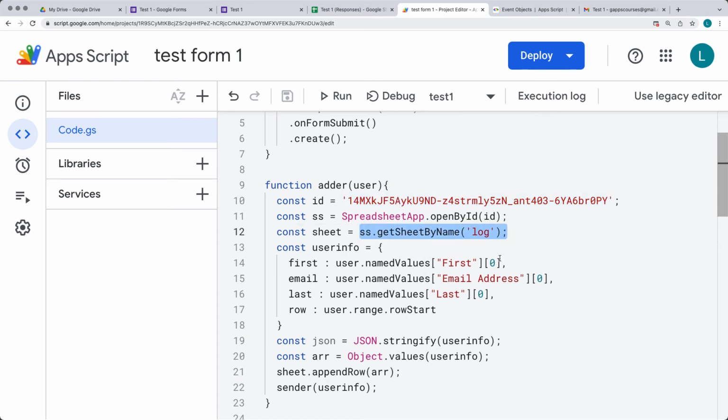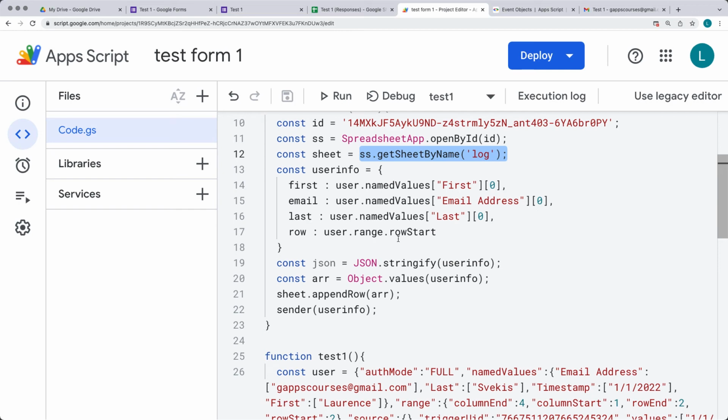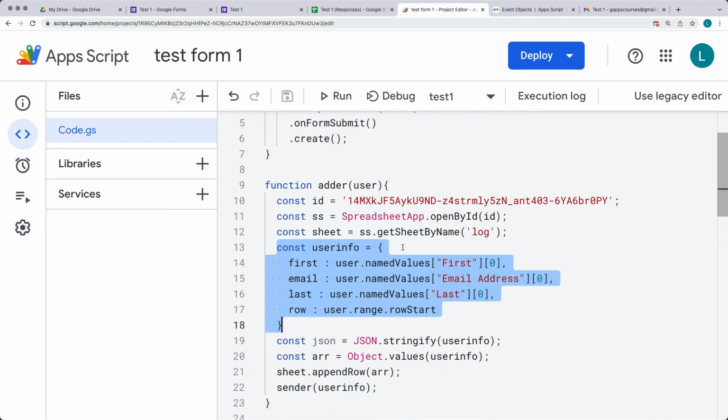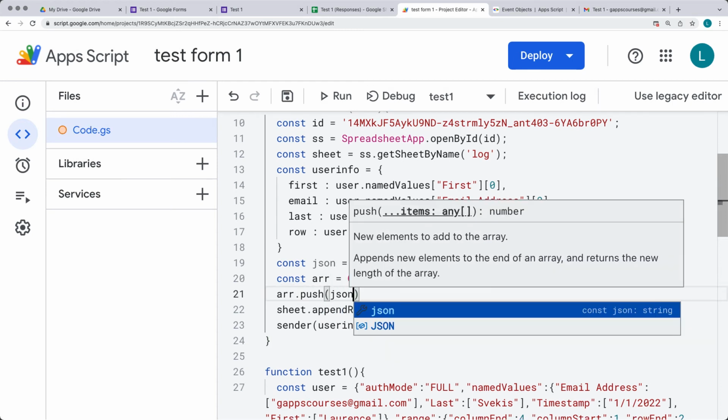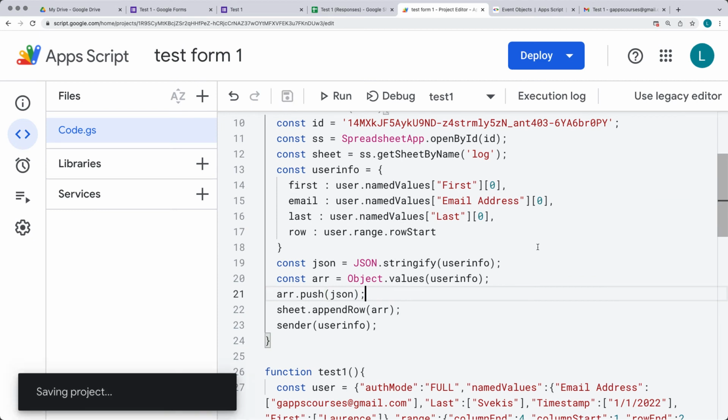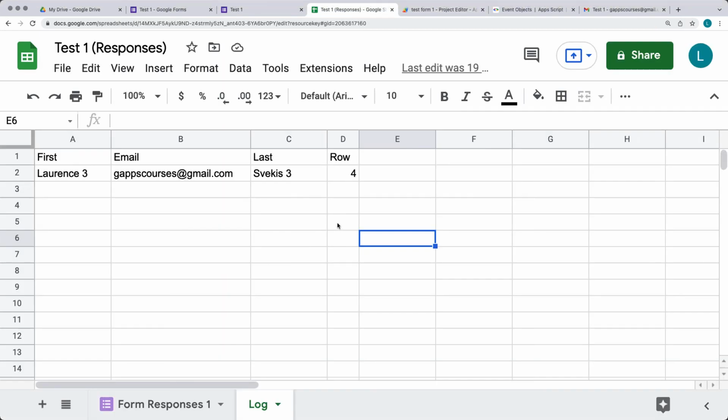And then we're selecting the sheet named log, constructing the user information from the event option where we've submitted the event information, and that's coming in under the variable user. We're stringifying it, and then we're also appending a row of content within the array. You can also stringify all of that user information if you want. You can push in the JSON data at the end of the array. So that will just add another field there in the spreadsheet